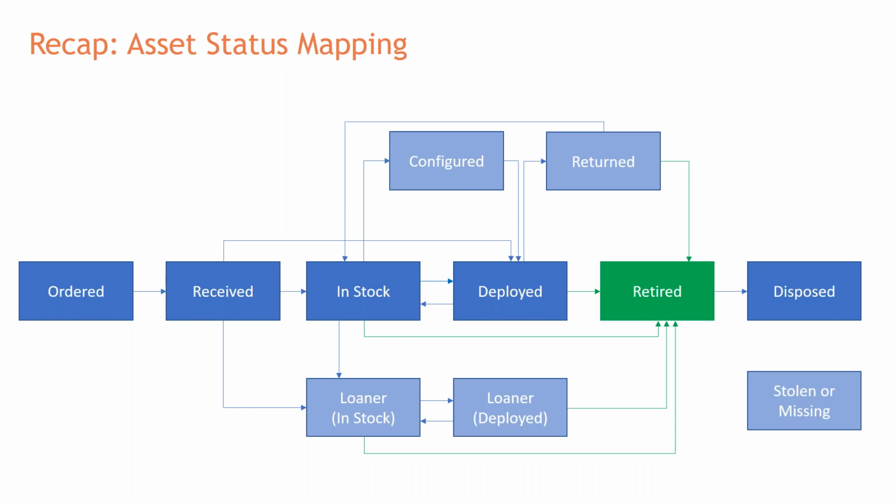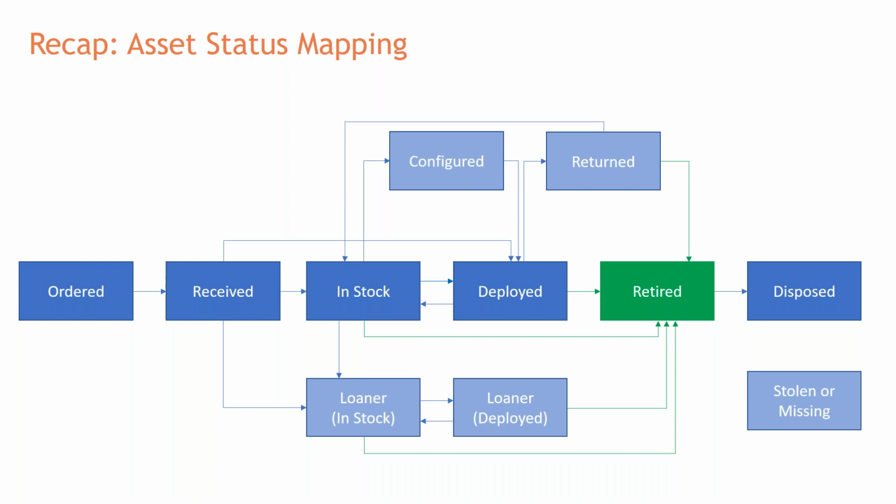Maybe clearing out the user, clearing out the location, putting them back to blank, or setting the location to the stockroom location. Or maybe you've got multiple stores, so you set it to the correct stockroom. It might be other things you want to set on that asset record as part of this process. Each of these steps is going to have a list of things that need configuring as part of the process,